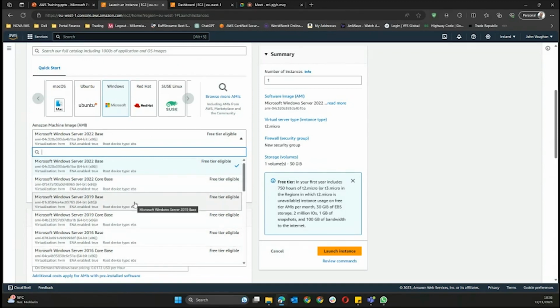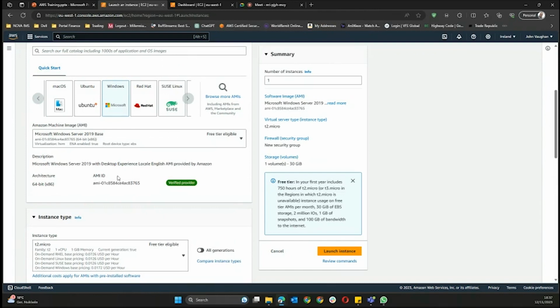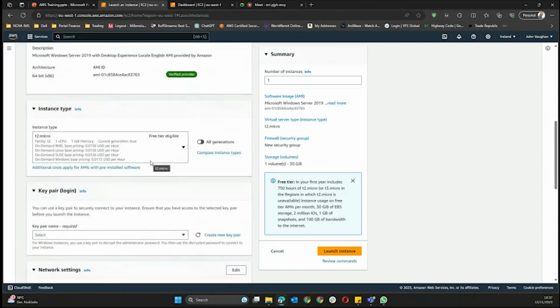Okay, we can leave it at 2022. I haven't actually worked with the server 2022, so let's just create 2019 instead. That's fine. You can select any of it. It doesn't matter. Okay, so we'll click that one. For instance type as well, this is where you select